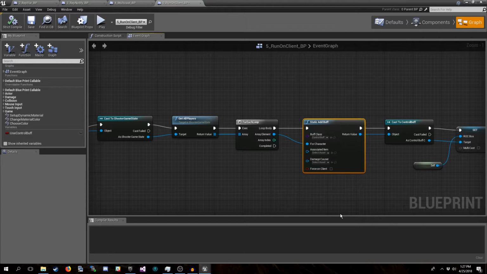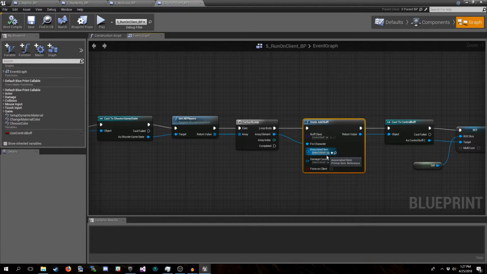If the buff is already on the player, it'll return the instance that already exists. It won't add it again. That's what that static part means, is there is one instance of the buff on the player. And it'll return whatever instance that is, whether it's one that's already existing or if it had to create a new one.